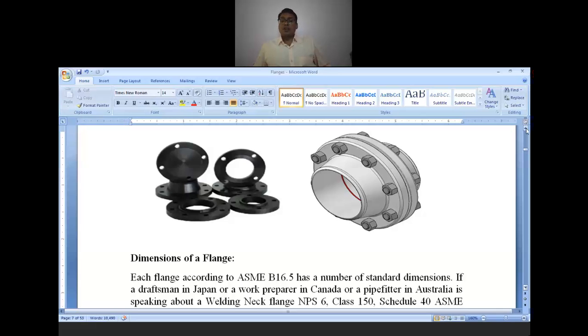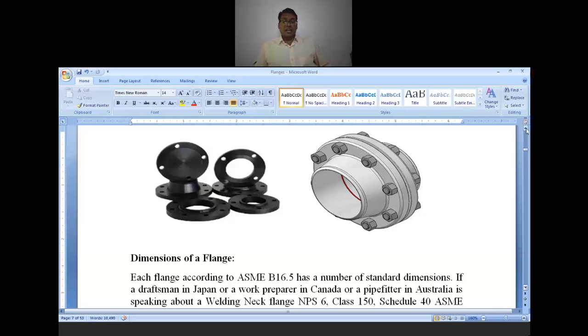This is simply based on your thickness calculation, PD upon 2FJ or PD upon 4FJ. Generally, higher thicknesses are preferred, as we have already talked about related to the flat heads. Similarly, flat heads are nothing but flanges, big flanges serving the purpose of closing the vessel. Now coming to the standard flanges.